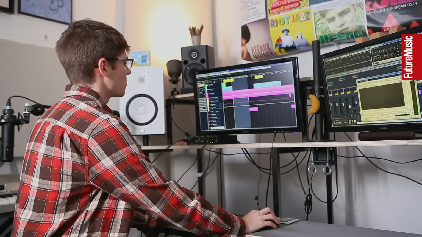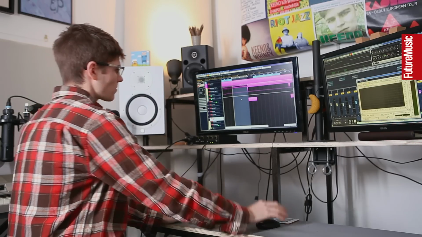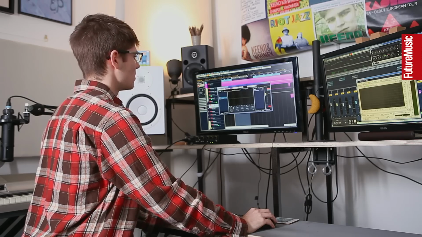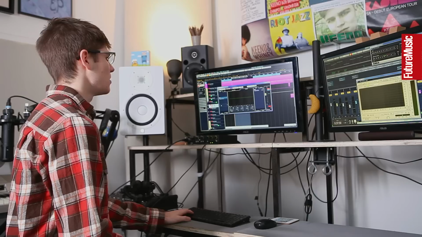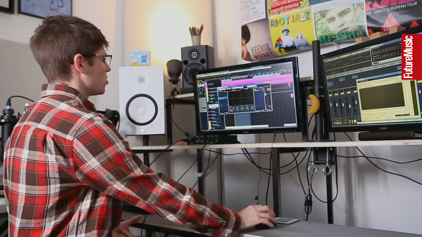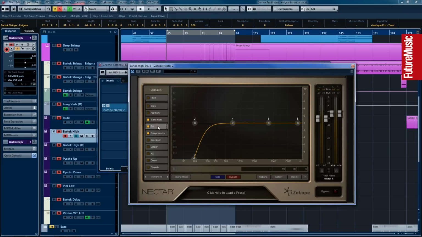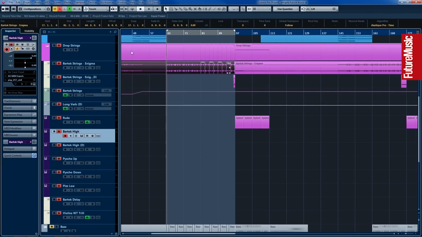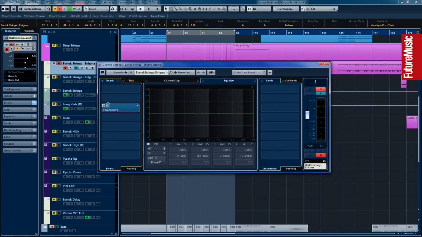But yeah, these string parts on their own were a bit plain, and they didn't really sound engaging enough to be the main element in a drop. So I added some saturation again using Isotope's Nectar, and did some compression and some EQ. But really the process was when I bounced out to audio and got to the pre-master stage, I added some